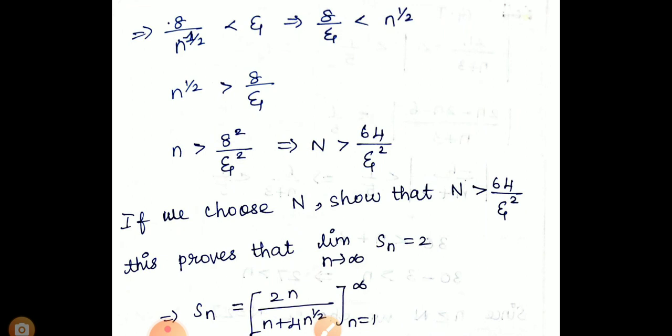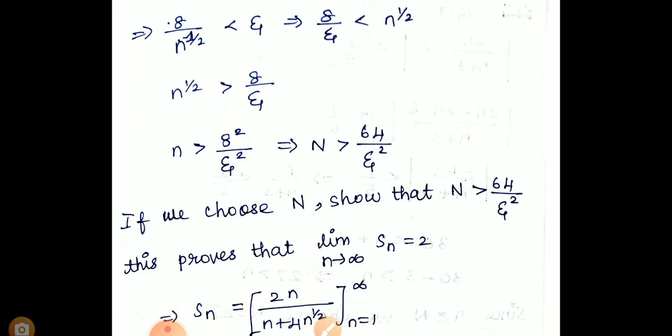is less than n^(1/2). Now n^(1/2) is greater than or equal to 8 by epsilon. So if you are taking the 1 by 2 to the other side, it will become 8 squared by epsilon squared, and n is greater than or equal to N, so we can apply capital N is greater than 64 divided by epsilon squared. If you are choosing n as a positive integer which is larger, therefore it